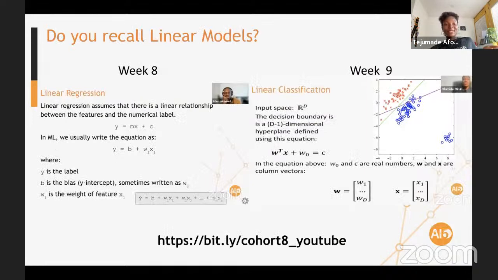And to do that, we would come from the linear model part, which we have seen a lot of in the past weeks. In Week 8, we talked about linear regression, the linear relationship, where we have the line of best fit, which is y equals mx plus c. In your machine learning career, you cannot get rid of this. It's like the building block.